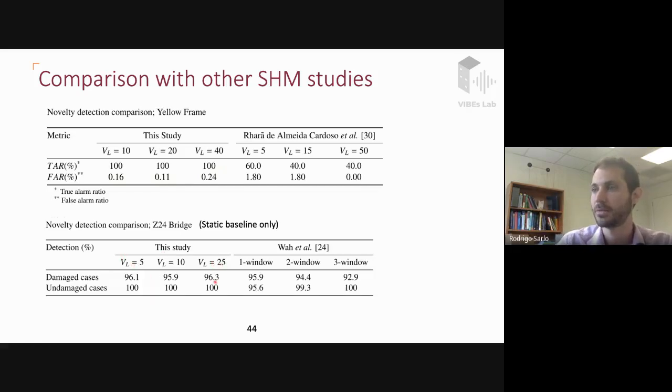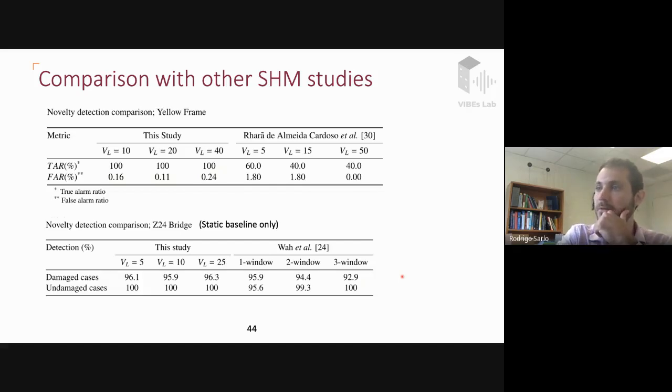Undamaged cases, 100%. Their performance was about the same, right? Ours was slightly better, but I think not a strong claim that it was extremely better, but we can make the claim that our performance is relatively stable, whereas as they increase the window size here, the performance starts to decrease, or at least the damage case identification gets less sensitive. The opposite is true for undamaged cases, but again, there's a trade-off here for their studies, which we kind of